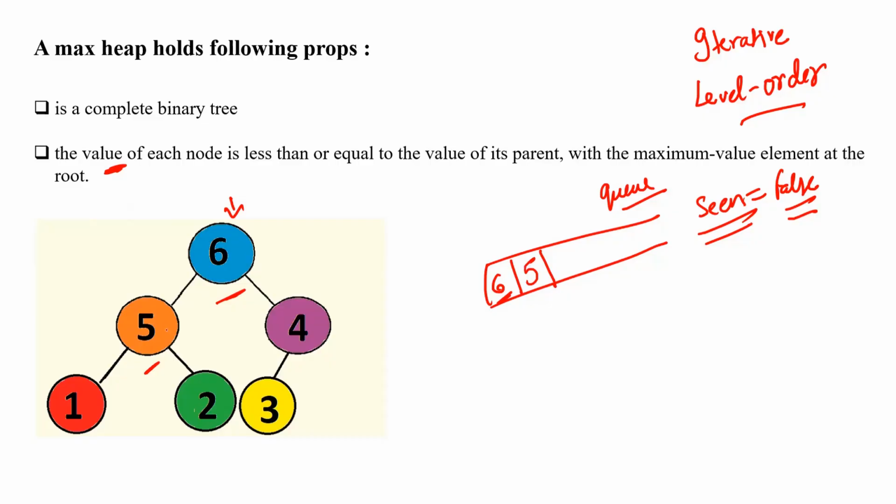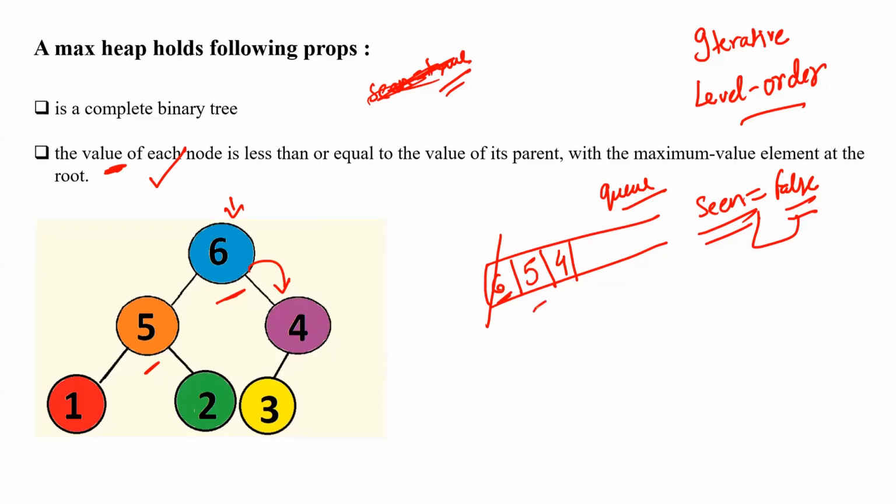And in case the left child is null, I'm going to mark seen as true. Initially we have taken it as false, and as of now it is false itself because it has the left child. Again, I'm going to check the same thing for the right child. The right child is present, right? If it is present, then I'm going to check if the value of the right child is greater than that of the root node, it means that it is not a heap. So in that case, I'll be returning false. But as of now, the condition is holding, so I'm going to push this to the queue. And after this, I'm going to remove this 6 from my queue because its part has been done.